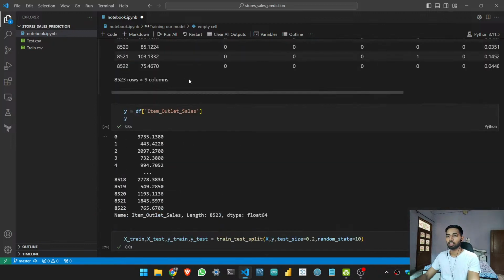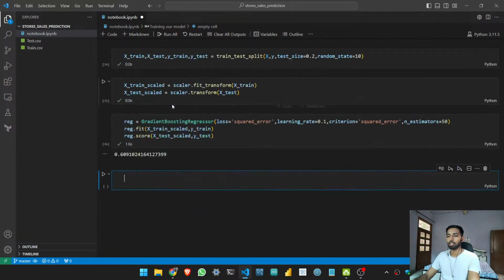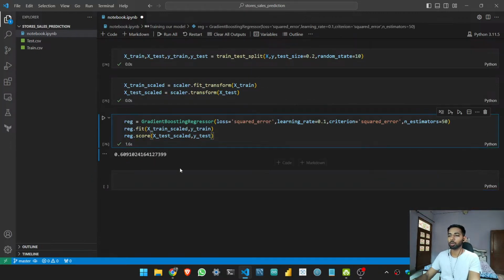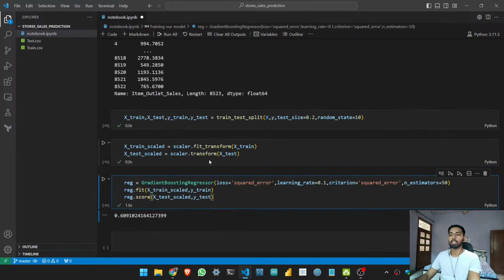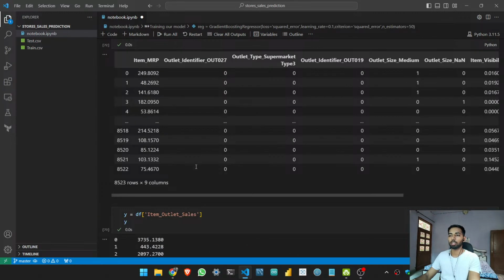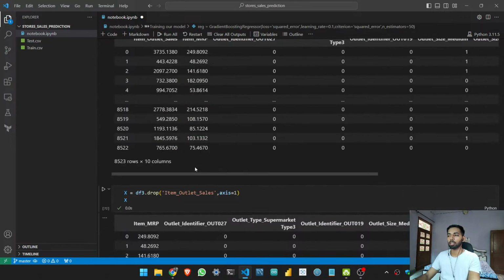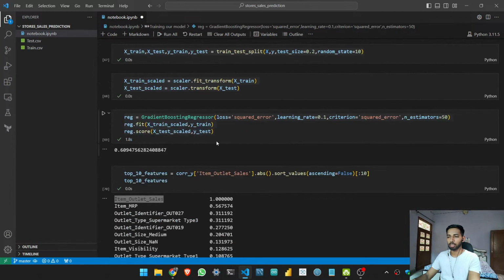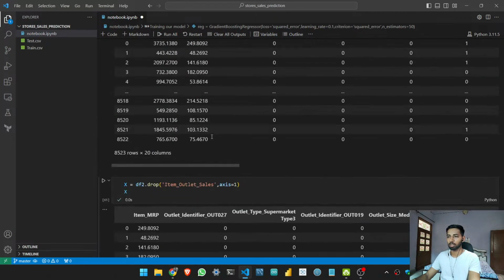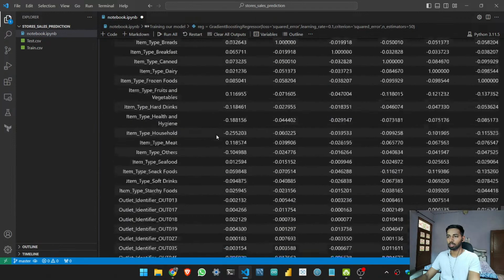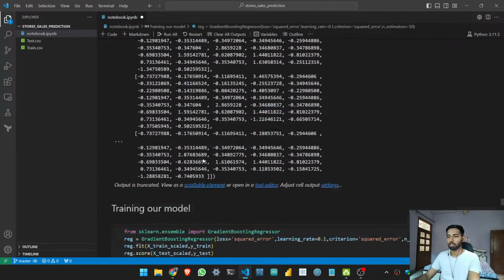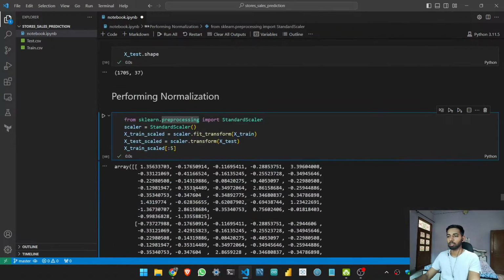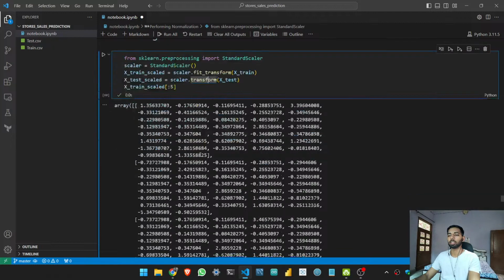Our model is trained, so now I will save my model using the pickle command, and I will also save this scalar, you can say normalizer,